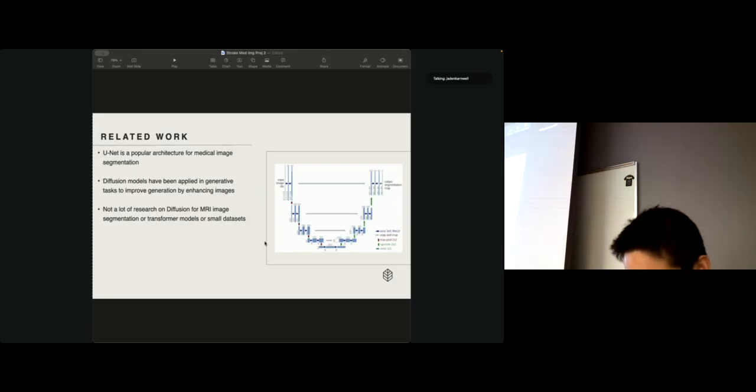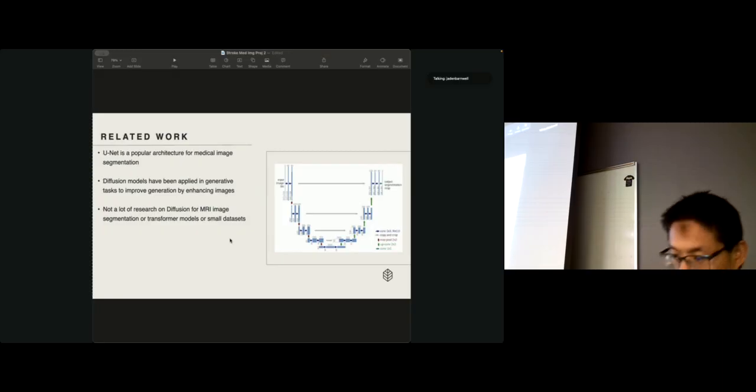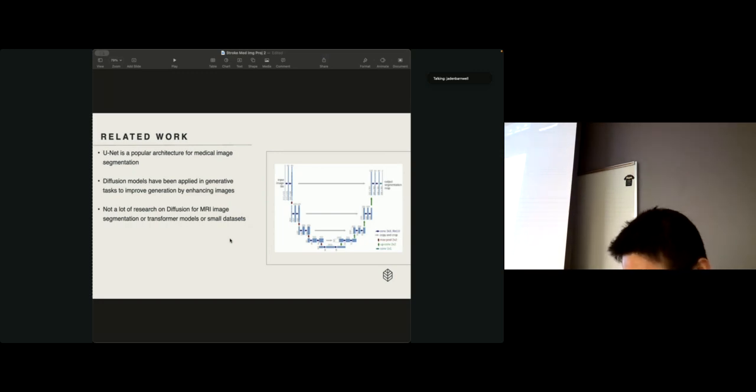Research has shown that through diffusion models, we are able to generate better images than if we were to generate images without it. But there has not been a lot of research on diffusion models for MRI images, including in the medical field with segmentation. So that is why we are going to try that with small data sets and